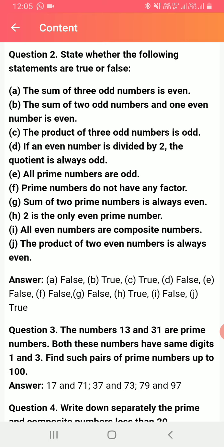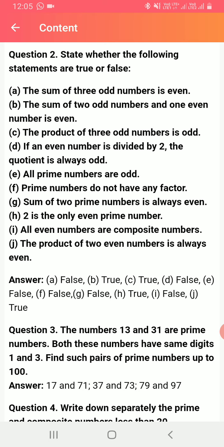But if you go with 4, the 4 is present in one table, two table, 2 2s are 4 you will get, and also in fourth table. So it gets repeated in other multiplication tables also. So that is not a prime number. Instead we call it a composite number. Now they are saying all prime numbers are odd. Is it true? No, because 2 is a prime number and also it is an even number. Okay. So question E answer is false.